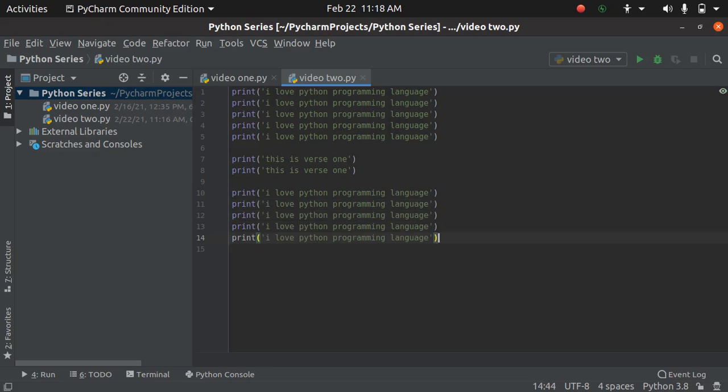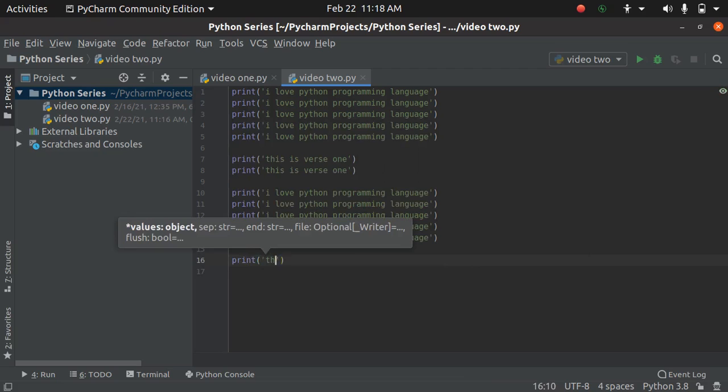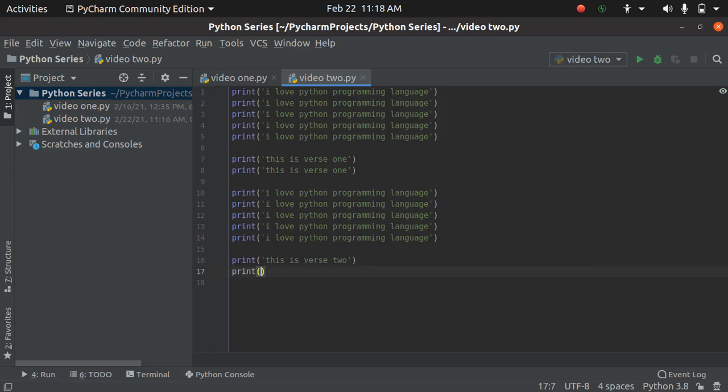Wow, this is really serious. This is just 2 times chorus and 1 verse. So what if we have up to 3 to 4 verses? It means this is verse 2. All right, this is also going to be